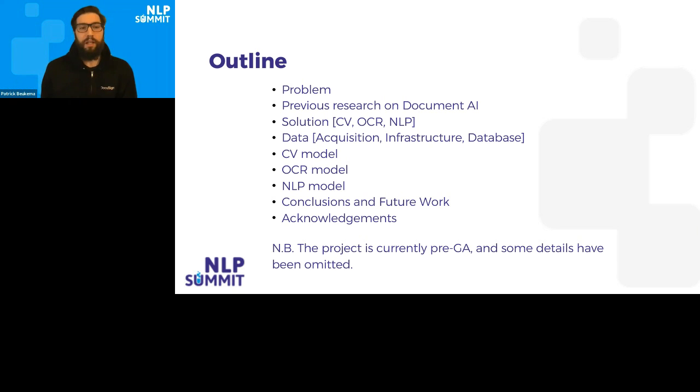Before we get started, I just want to orient everyone with an outline of what we're going to cover today. We'll start out by outlining the specific problem within document AI that we're interested in solving. And we'll cover a little bit of the previous research that's been done in the field and how this research relates to what we're working on. We'll next talk about our solution, which involves a hybrid approach combining computer vision, optical character recognition, and natural language processing. And we'll talk about the data set that we needed to acquire and build the infrastructure for